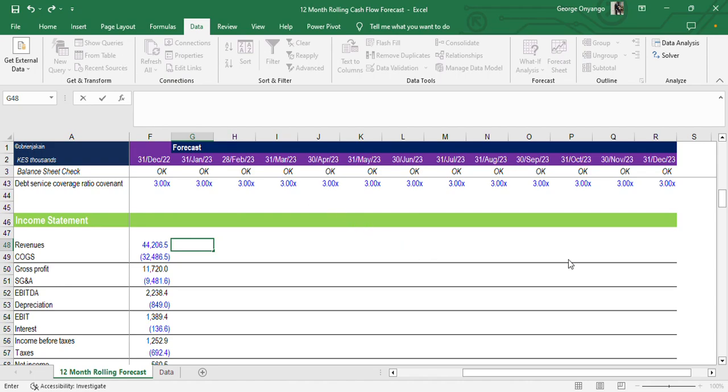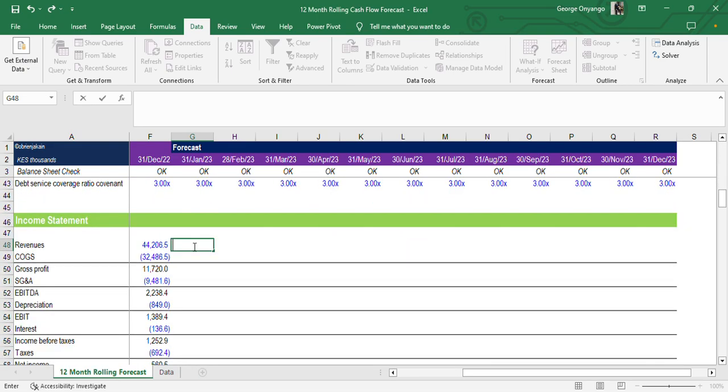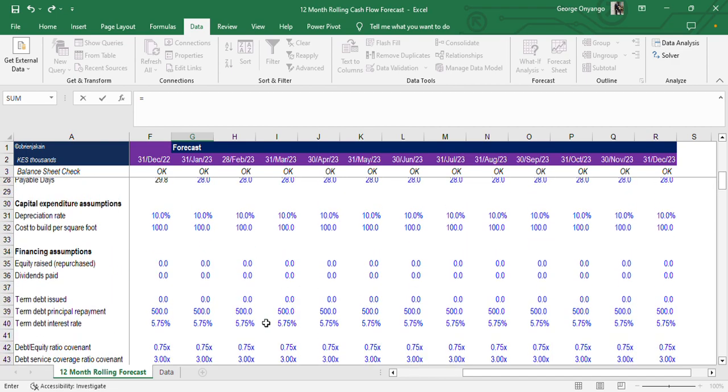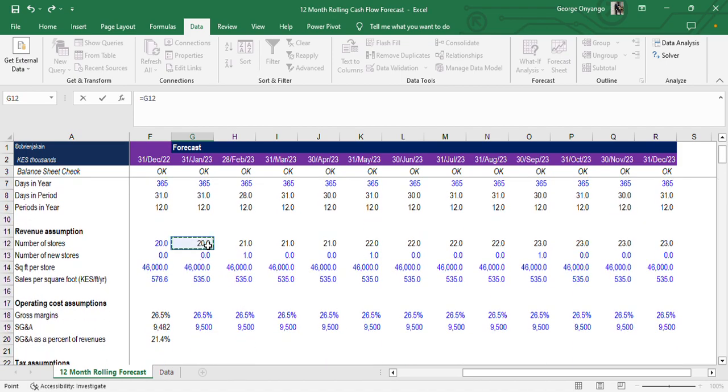Welcome again. After completing our assumptions up here and doing some adjustment to our Excel, we're now going to do the forecasting. We're going to start with our income statement, the revenue part. To get the revenue, we are going to multiply the number of stores